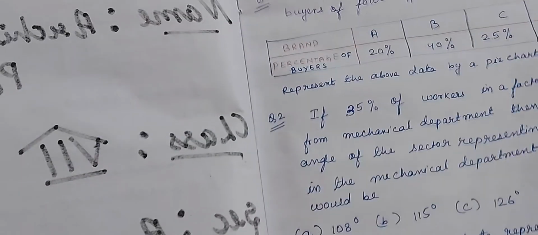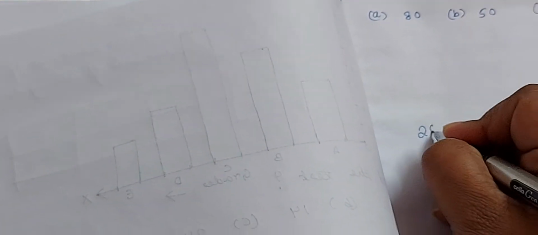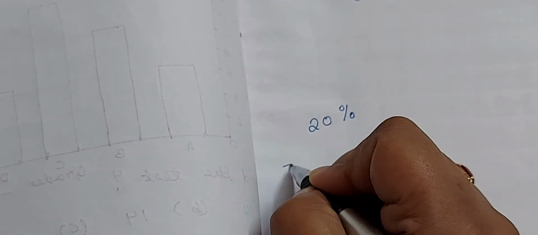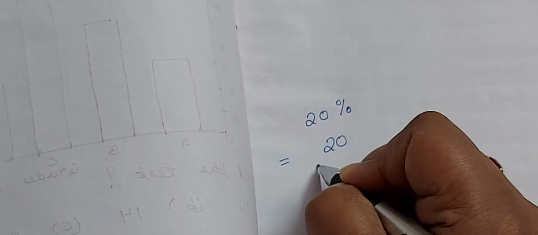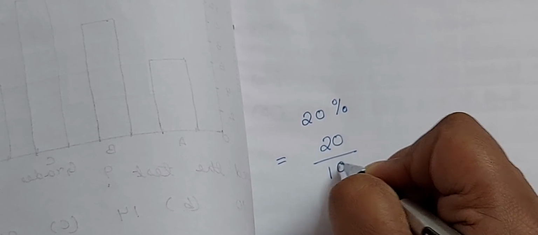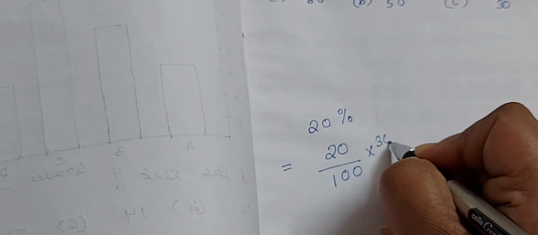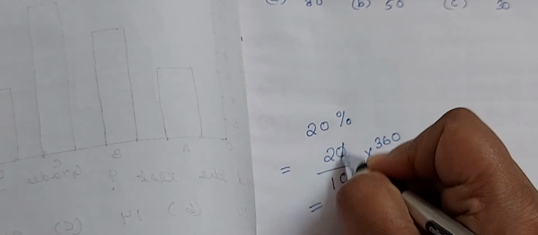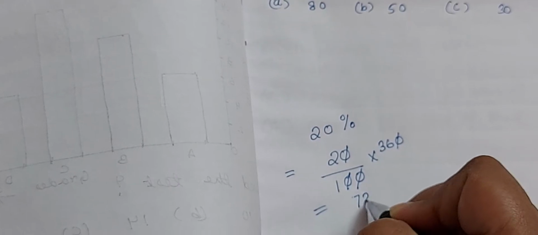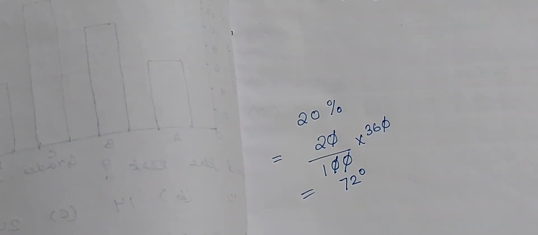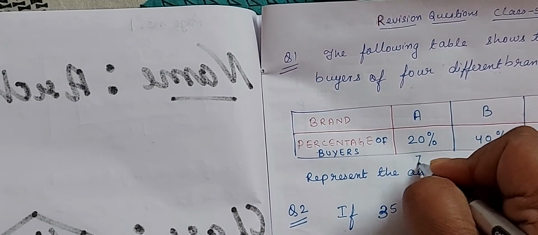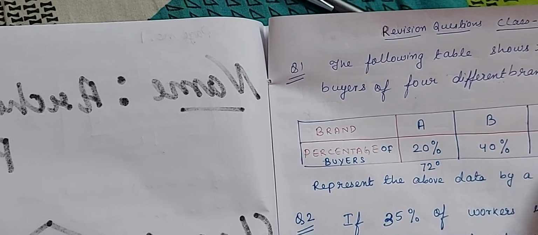If I take, for example, 20%. Okay, how will I convert it into angle? You see, 20% means it will be 20 by 100. This is how we represent a percentage as a fraction. Okay, so 20 by 100 into 360. So this 10 cut, here 10 cut, and this is 72 degree. Okay, in this way you will do it here. So here you will write the angle covered. So this is 72 degree. Similarly you take out for all.